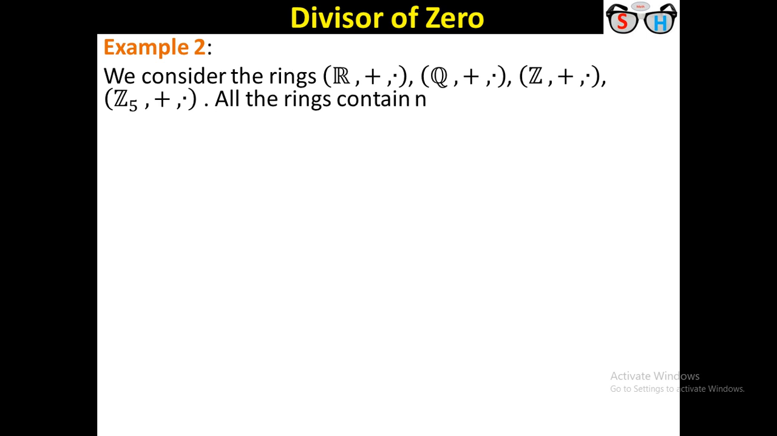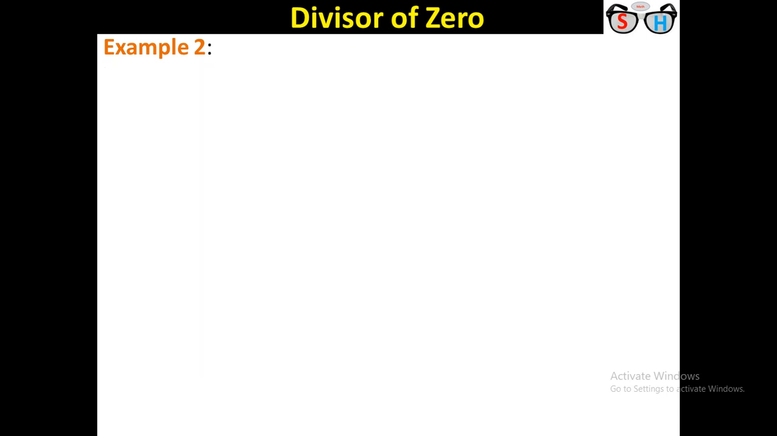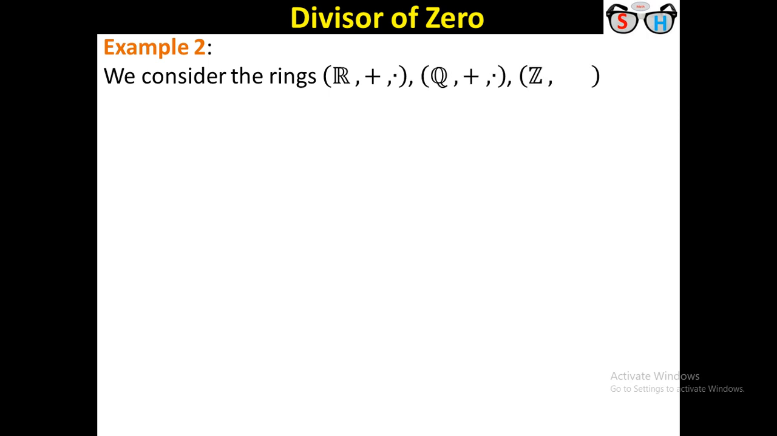All the rings contain no divisor of 0. At first, I tell about the ring set of real numbers, set of rational numbers and set of integers. Here you see that